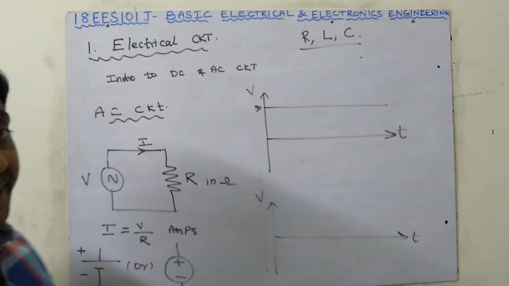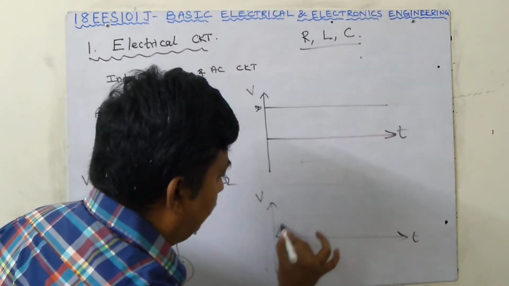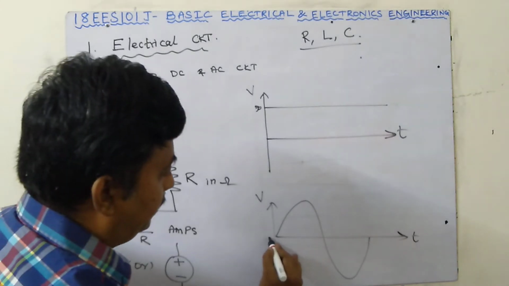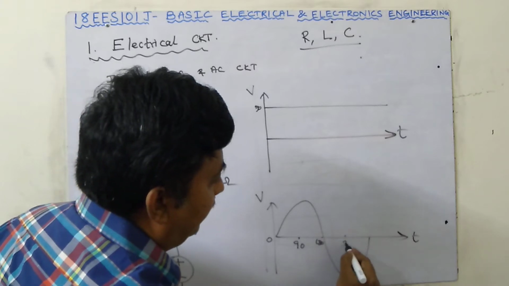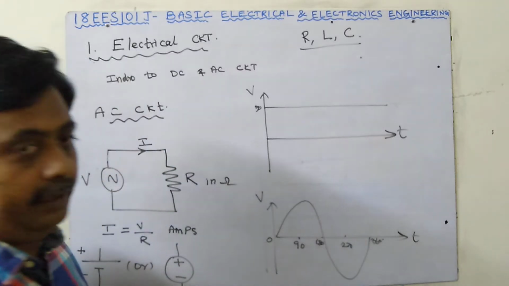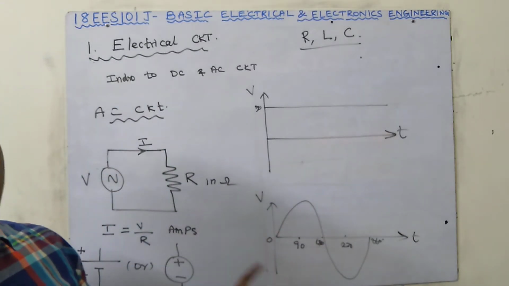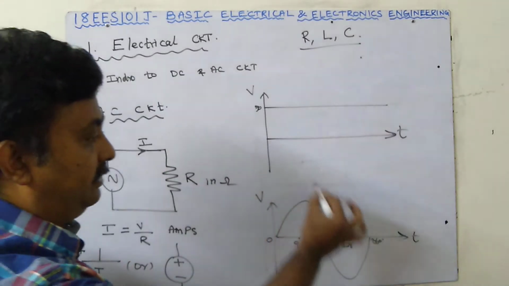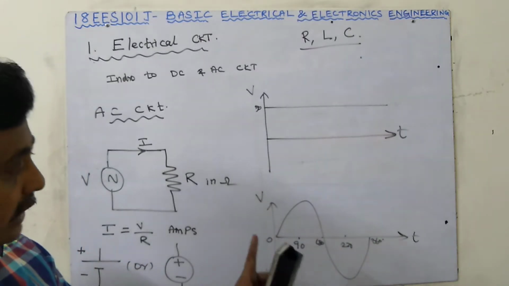Okay, this AC waveform always follows the sine wave. This waveform is called sine wave. Why is it called sine wave? Because if you put sine 0, this is 0, this is 90 degree, this is 180 degree, this is 270 and this is 360 degree. So this sinusoidal waveform only it will follow. Why is it called sine wave? Sine 0 to sine 360. If you plot 361 data points, you will get this waveform. So this waveform is called sine wave. So this AC will follow this waveform only.